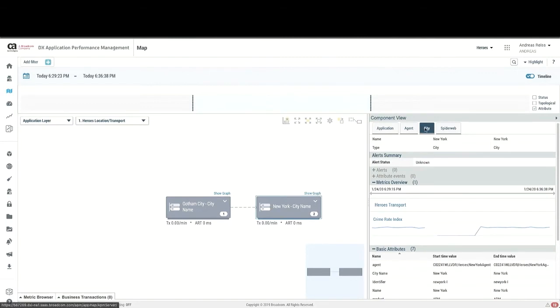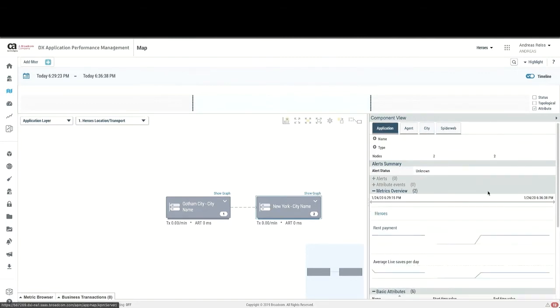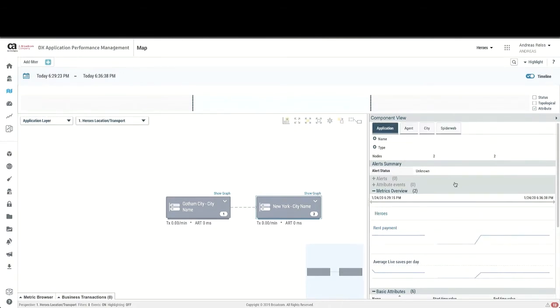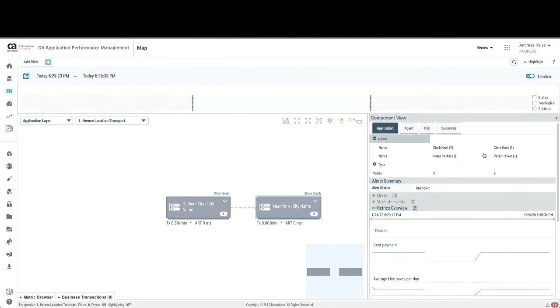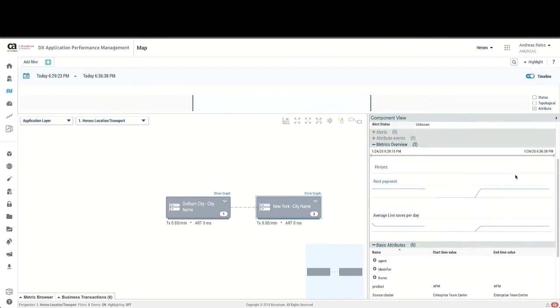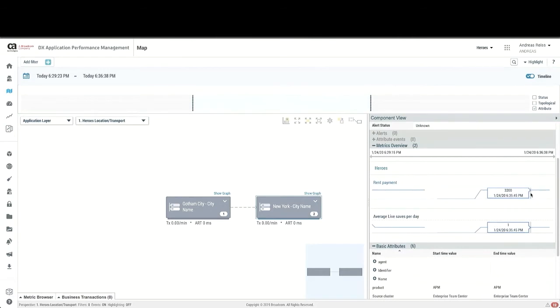But more interesting on the application layer, now I can see underneath we have Clark Kent and Peter Parker, and it's building an average of the average life saves per day, and also an average of the rent paid. Meaning, I can use Vertex Groups for dynamically aggregating the metrics I'm seeing and to easily create a